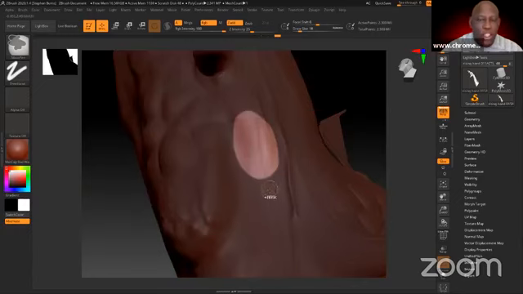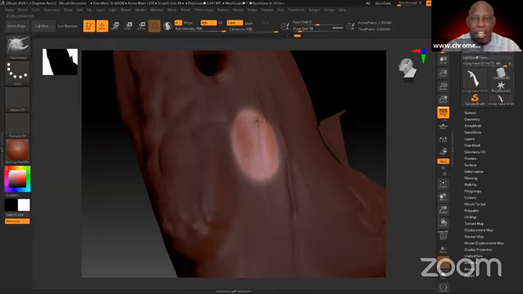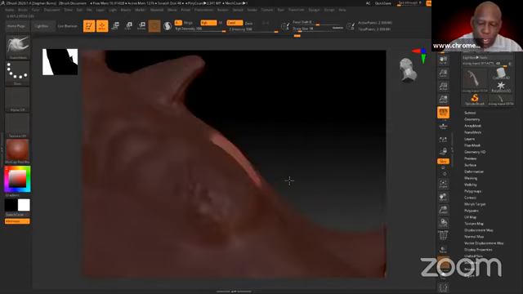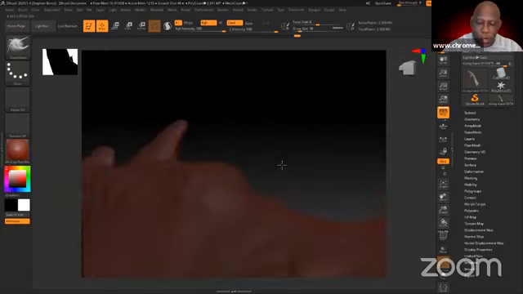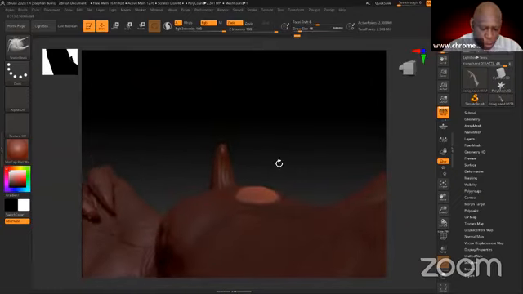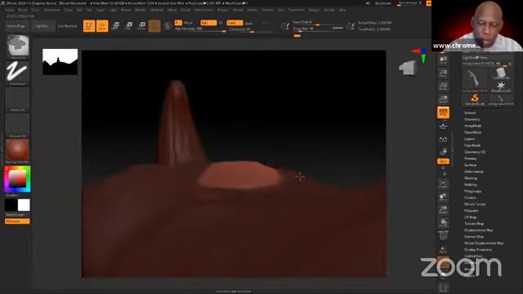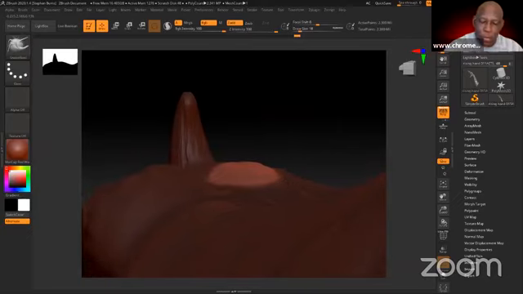If I want these edges softened, so it's a subtle transition, when I actually make the horn, I simply tap right on it. And as many times as I tap, it's feathering the edges. It's like adding Gaussian blur to your masks in Photoshop. Now, let's go ahead and make a horn. So I will rotate it a little bit, take it at the angle that I want to actually pull it from. Get in a little closer. And I'm going to give it a different brush. Now, remember, the clear areas are the only areas that are going to be affected.